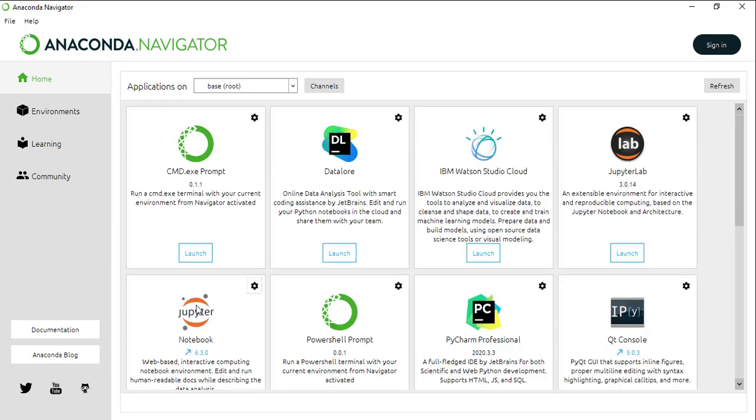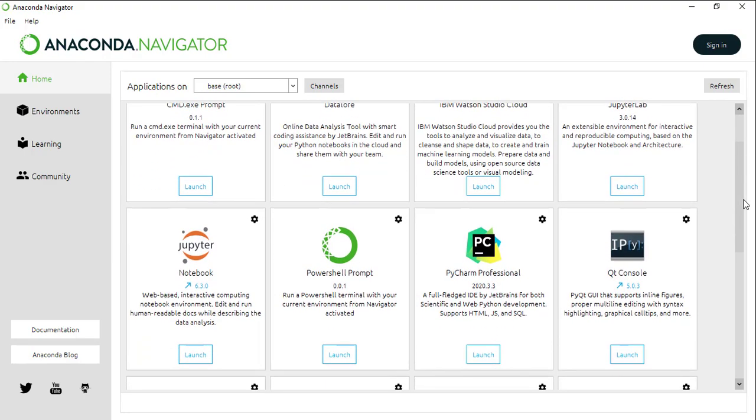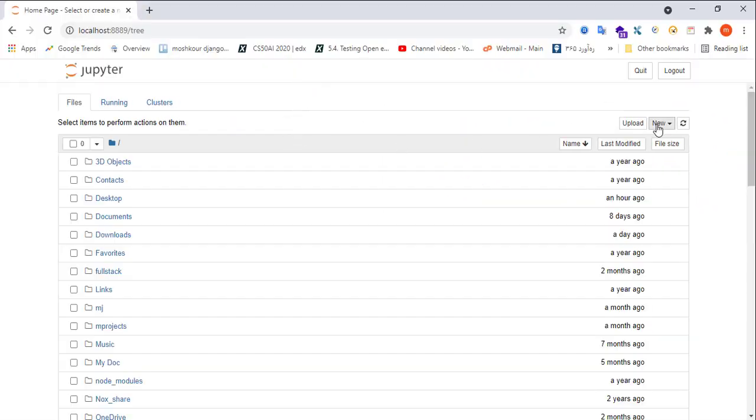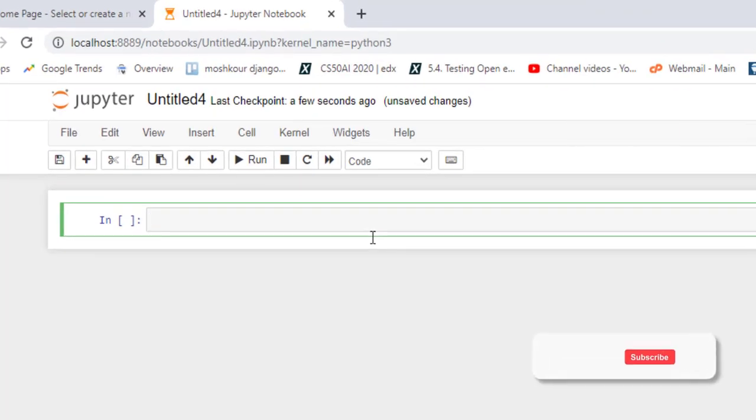Hello guys, welcome back. Let's go ahead and start with Jupyter Notebook. When you install NumPy, you can import it as a library. So I type import numpy as np,